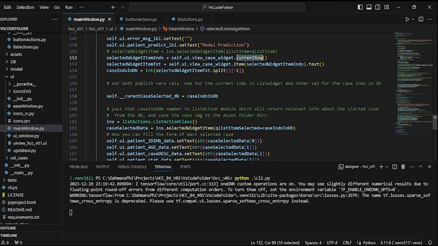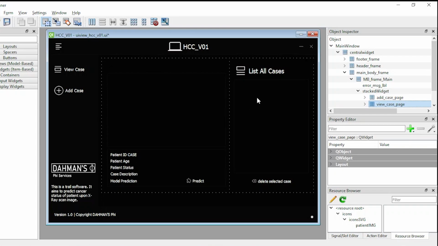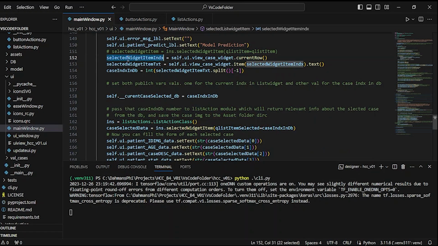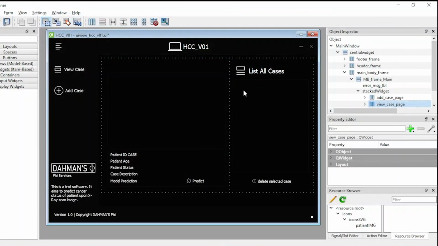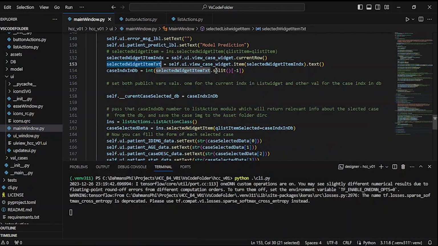But the important part, I want you to retrieve for me the current row inside this list widget item. Another way to say it, if I double click on this, I want you to tell me what row number has been clicked. Now, once I have this, it means I have an integer. What I could do with that integer is take it and retrieve the text of that row. Now, inside here, I have a text. And we said the convention of our name here is going to be case number, hash, and a number. Remember, now if I have this, I can just split that text